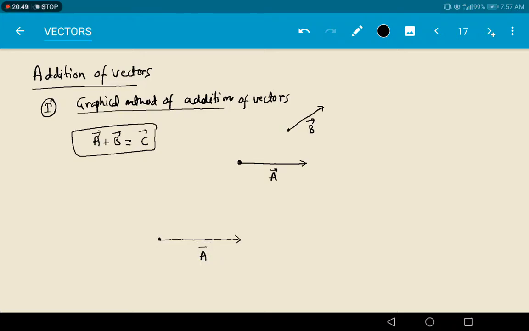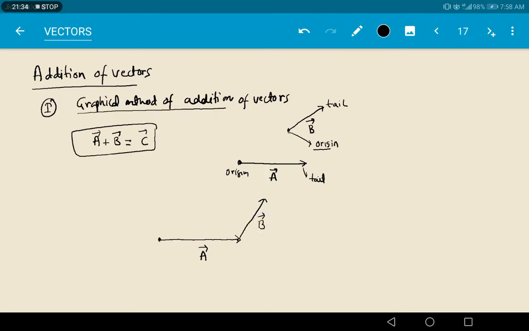So this is a bar, and this is the starting point or origin, and this is the tail. Okay. So I am representing that vector A without any change in its sense of direction. Now we have to add the head of vector A to the tail of vector B without changing its direction.